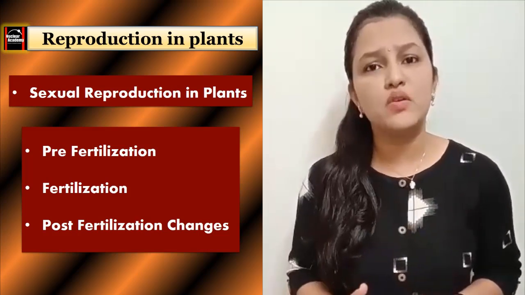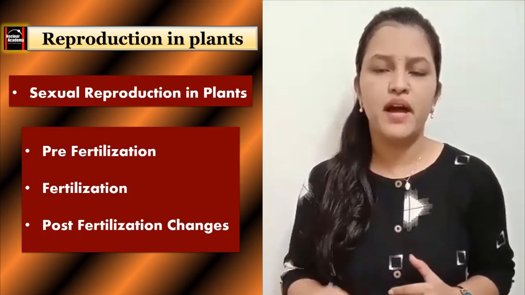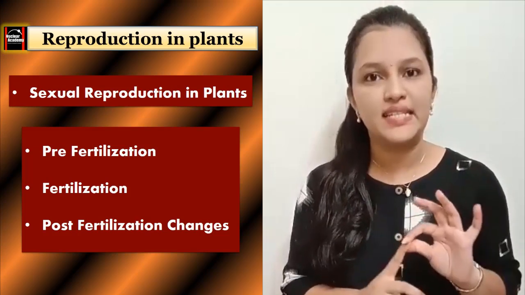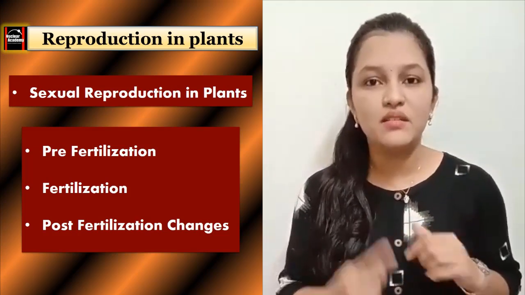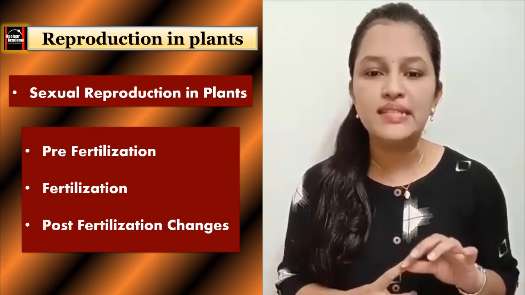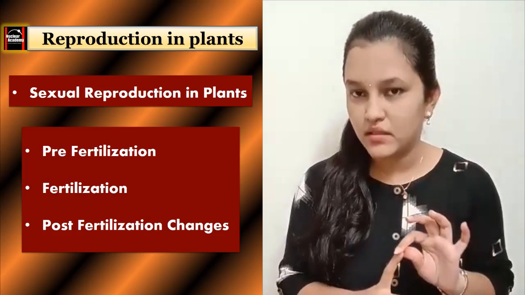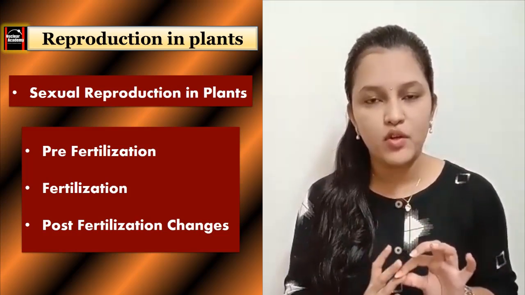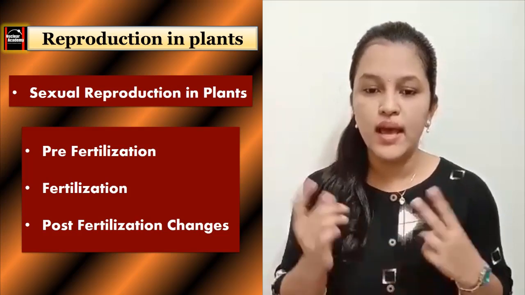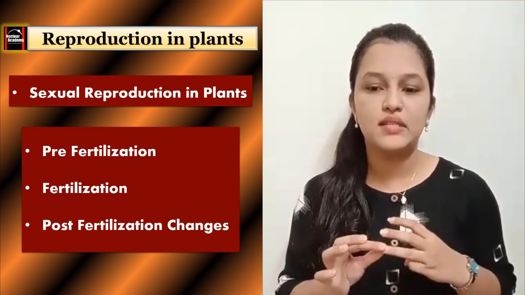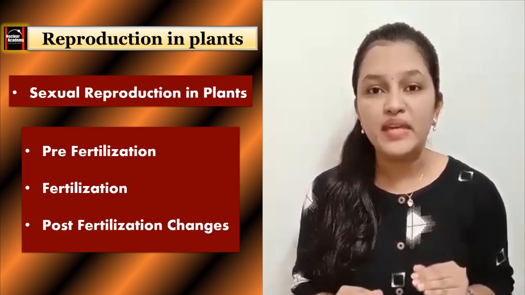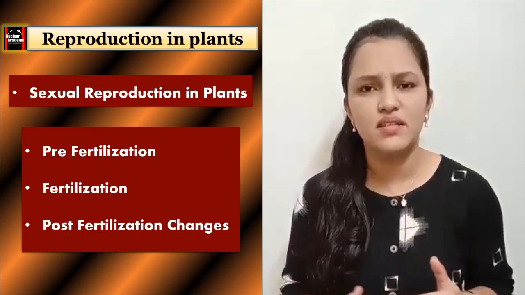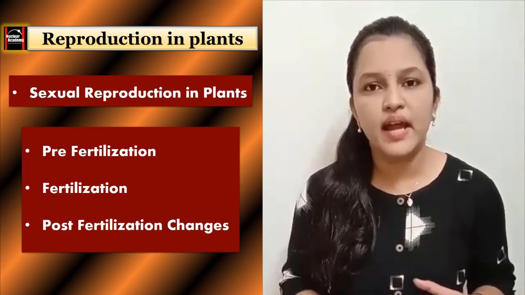So the overall process of sexual reproduction in plants can be divided under 3 events. The first event is pre-fertilization changes. Under this, you will study the structure of anther, then microsporogenesis, then development of male gametophyte, then you will study structure of ovule and megasporogenesis as well as development of female gametophyte. It means whatever changes occur in plants before fertilization, you will study under